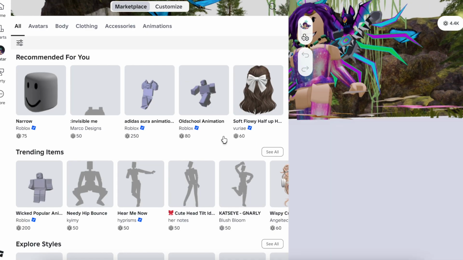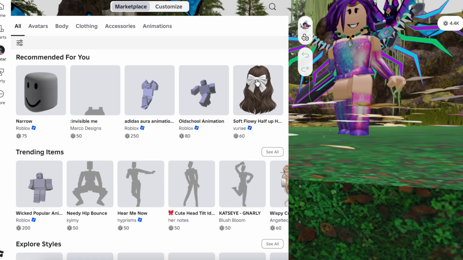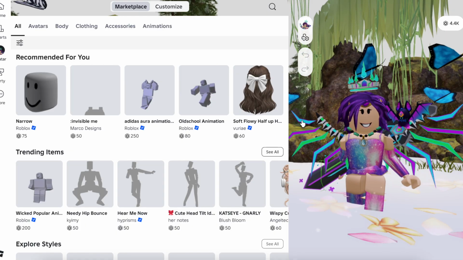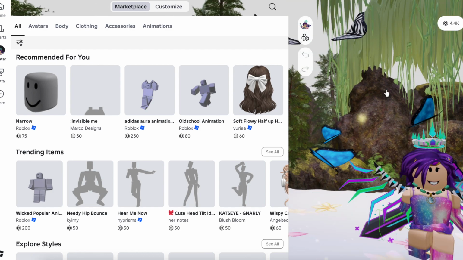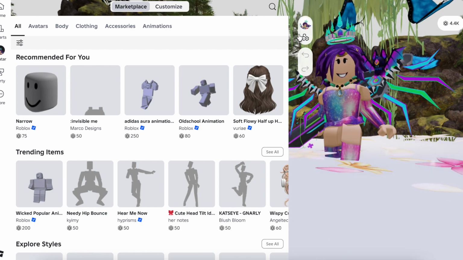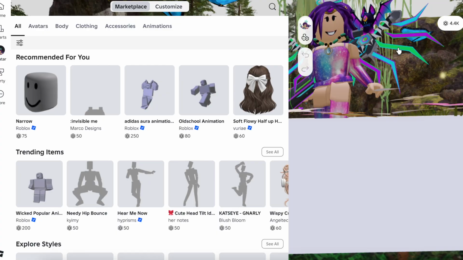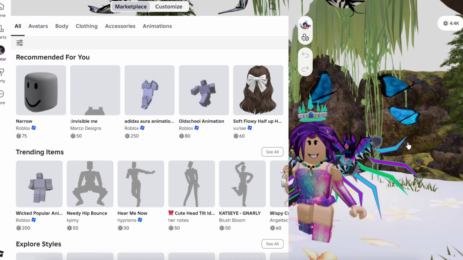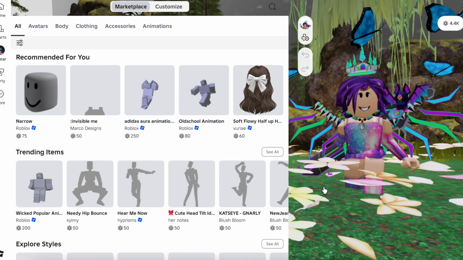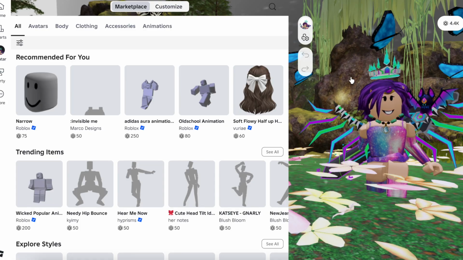So I went back to the editor and I moved the base plate down, which fixed the base plate, but the sky box was still gray. So it turns out that for some reason you can change the skybox, but it'll still automatically set it back to that gray one. So I had to put a part in the back and add a decal with